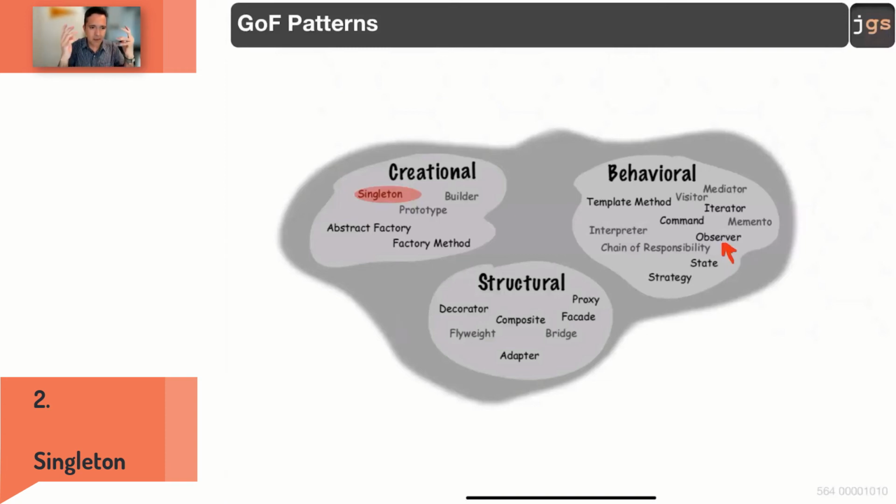Good. Maybe the most common pattern in the behavioral category is observer. If you do not know any of the others, at least as an engineer, it's mandatory that you know what we are talking about when we mention the observer pattern. Similar way,